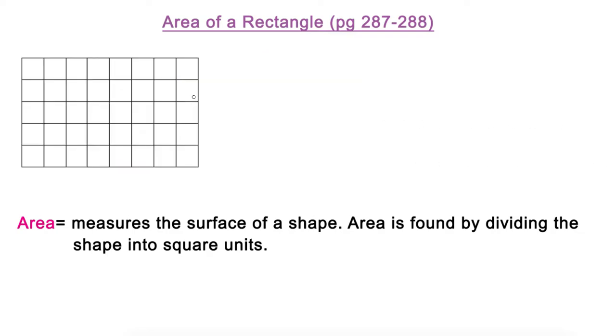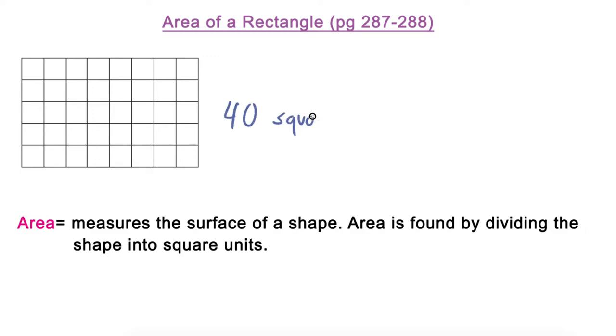Today specifically, we're going to talk about finding the area of a rectangle. We learned about two methods of finding area. One method is to simply count up all the squares. If I want to figure out the area of this shape, I can go 1, 2, 3, 4, 5, and so on, up to 40. So I can say this is 40